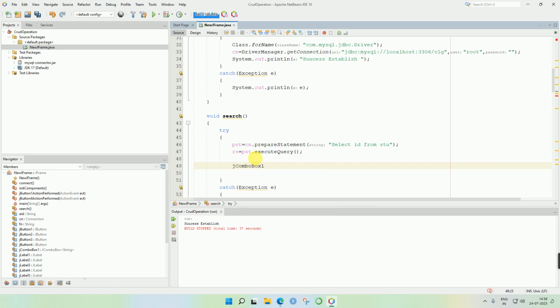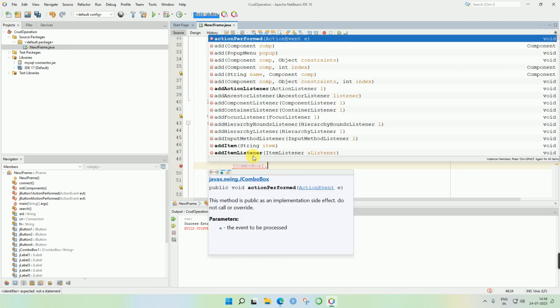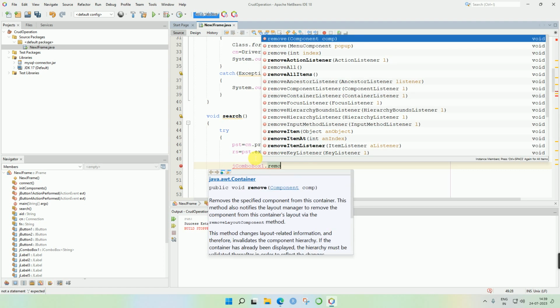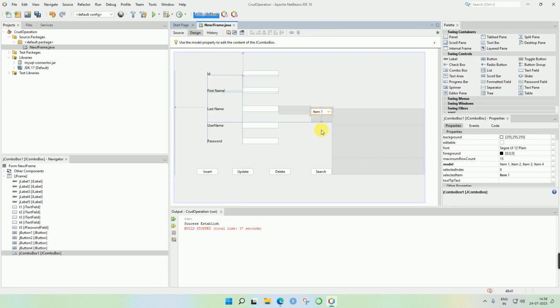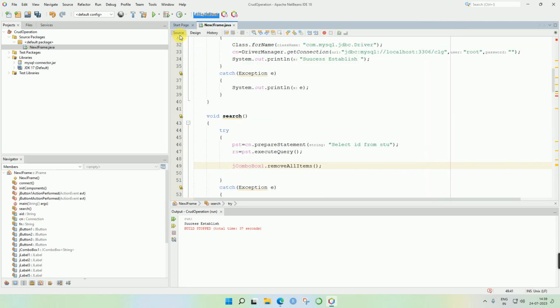So what we can do is jcombobox dot removeAllItems. It means if items were previously loaded, here you can see items 1 2 3 4, if the previously added items are available, then they will be removed. So we are using jcombobox1.removeAllItems. Now what we are doing, while